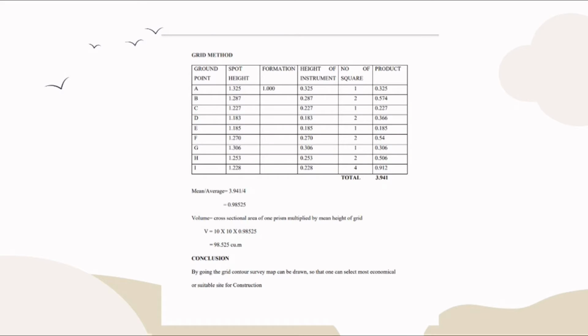For the grid calculation, the total product is 3.941. So the mean or average for this product is 3.941 divided by 4, which is 0.98525. The formula for the volume is cross-sectional area of one prism multiplied by mean height of grid, which is V equals 10 times 10 times 0.98525. So the answer is